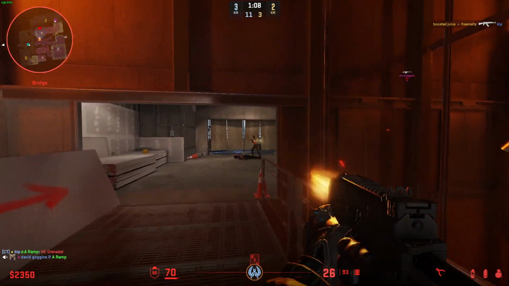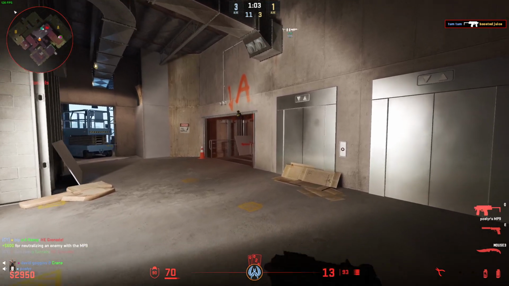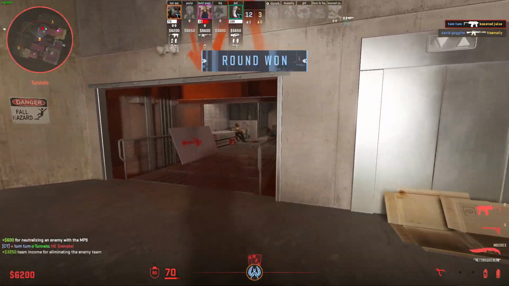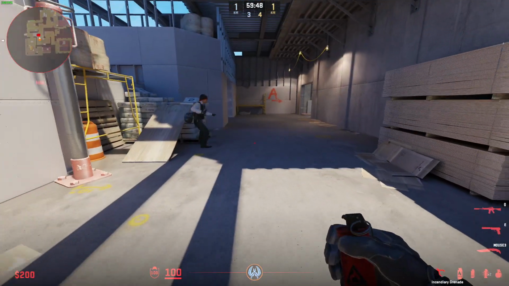Do you hear the enemies at ramp? You could just wait and tell your teammates that they're waiting at ramp. If they're at B stairs, you tell your teammates they're waiting at B stairs, and you have your teammates rotate to B. Back in mid, if you need to play more passive, you can throw a Molotov off of this